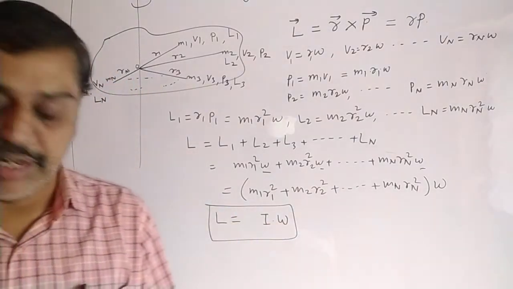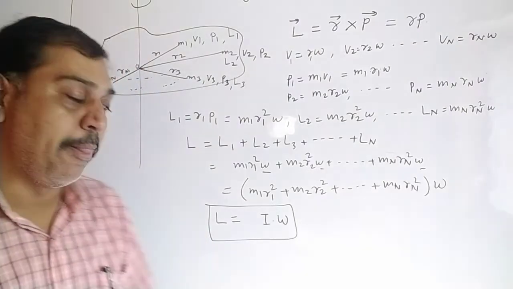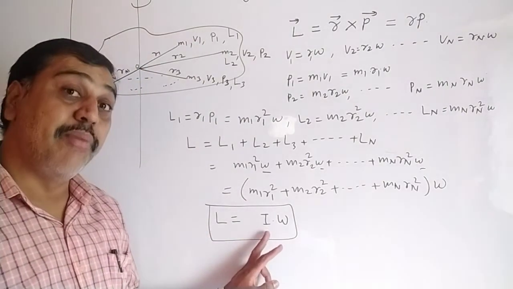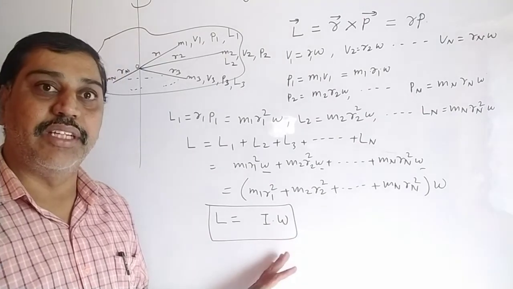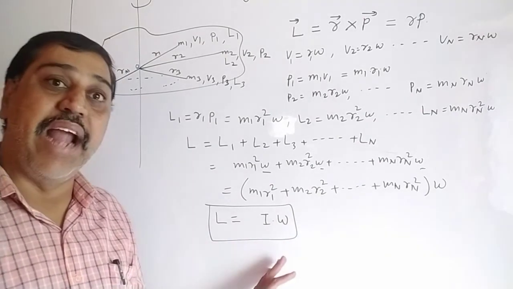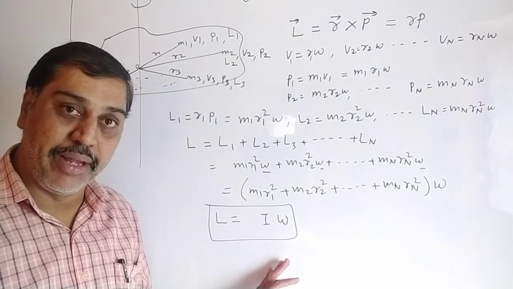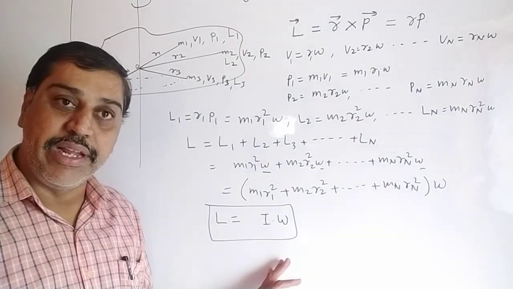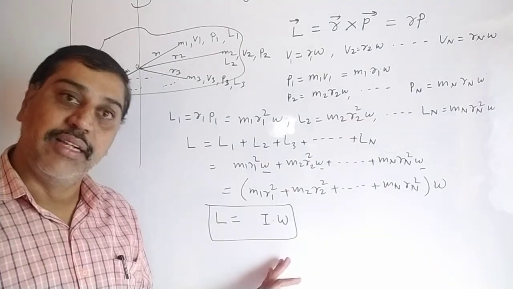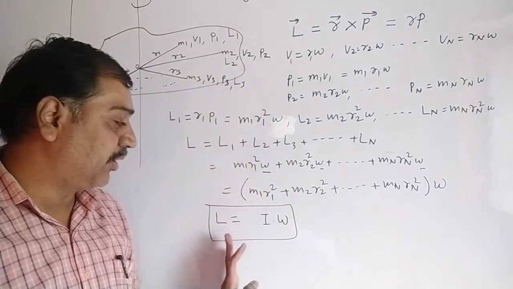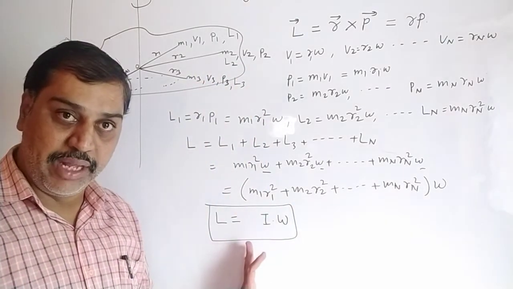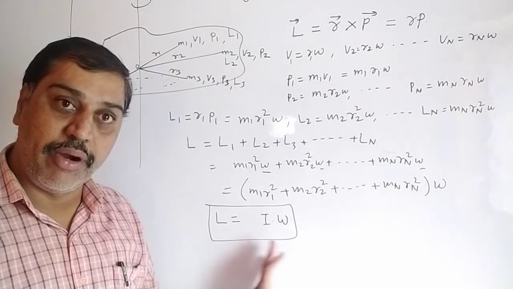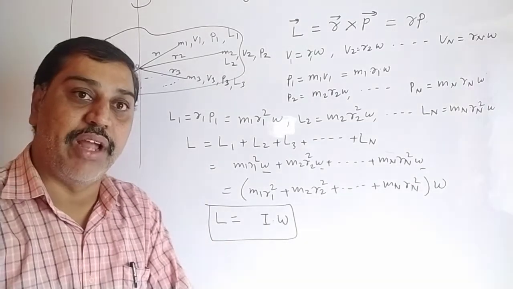So this is the equation which gives the relation between angular momentum in terms of moment of inertia and angular velocity. So this equation is exactly similar to the kinetic energy we have derived. If you remember, kinetic energy of rotating body at the start of this chapter, same way we have just derived this equation L equal to I omega. That is nothing but angular momentum of rotating body in terms of moment of inertia that we have found out.